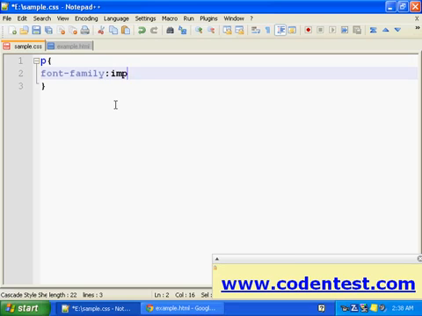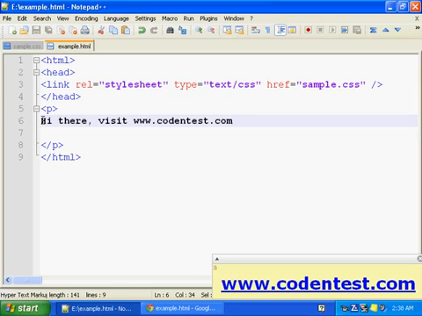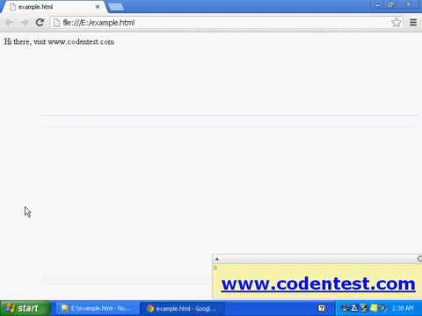Let's say impact. I'll save this, and in example.html I have a paragraph: "Hi there, visit codandtest.com." This is the sentence in a paragraph. I'll save that and refresh it here.